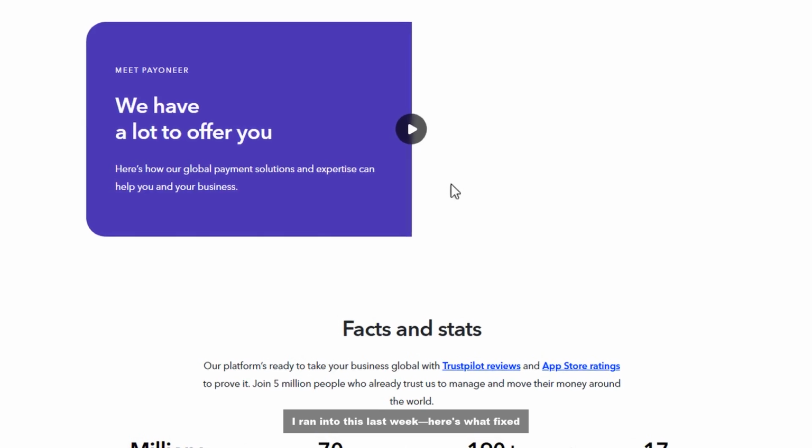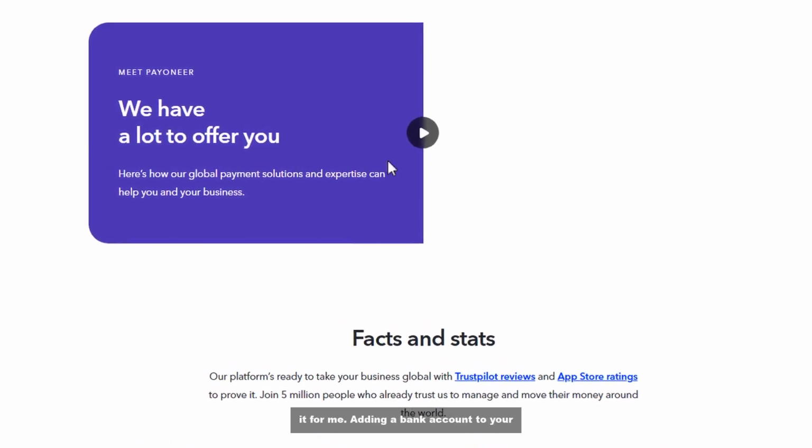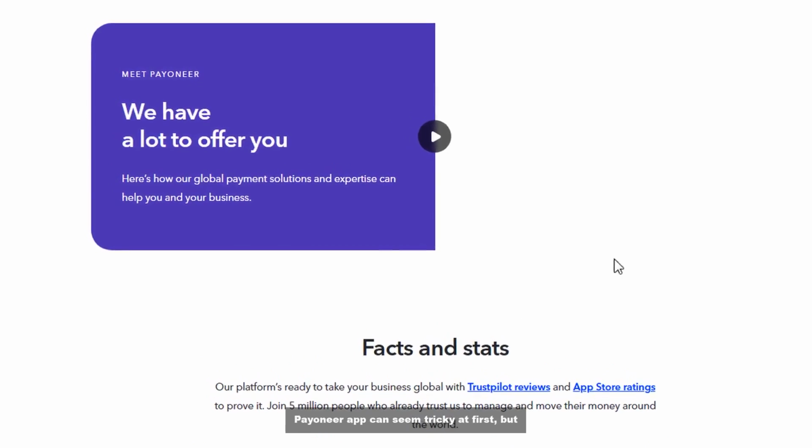I ran into this last week. Here's what fixed it for me. Adding a bank account to your Payoneer app can seem tricky at first, but it's pretty straightforward once you know